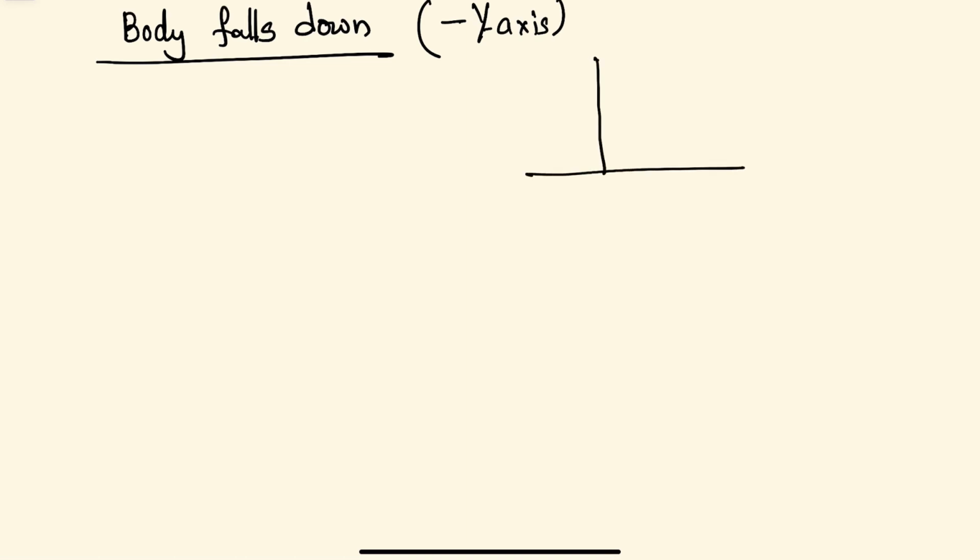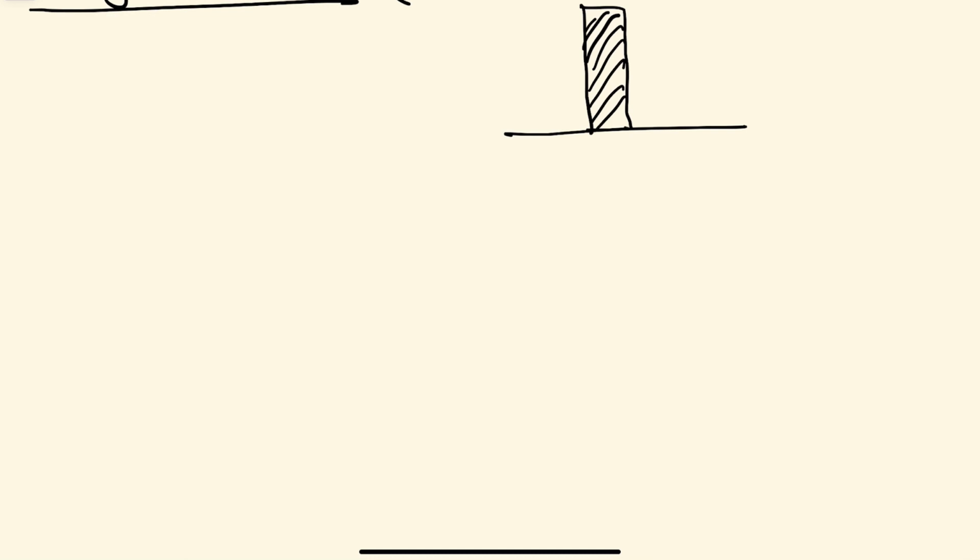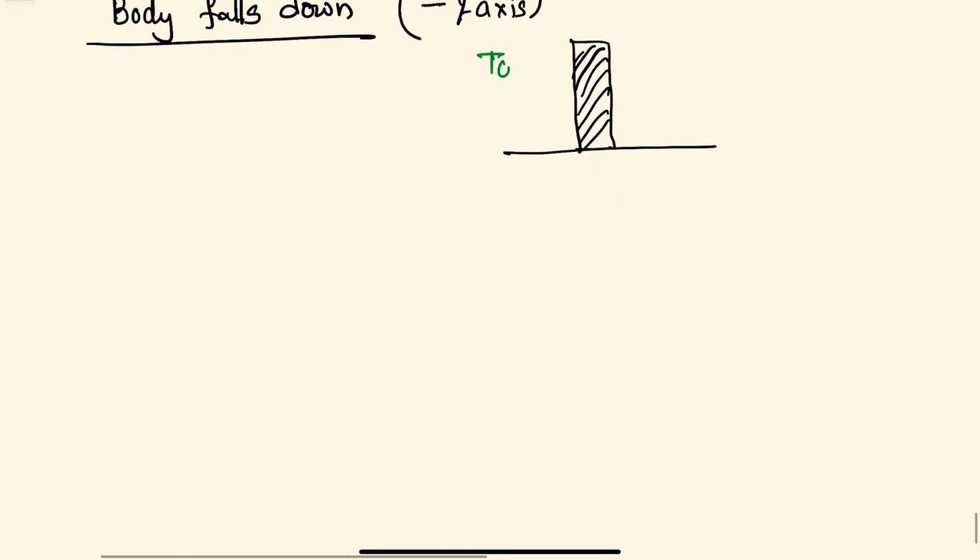See that this is the height, a tower is there, with a height of say 25 meters or 20 meters. From that, a ball falls down. Now what is the velocity, what is the position, how can it be expressed, and how to write acceleration? Don't be confused with that. We should follow this convention for all the problems.